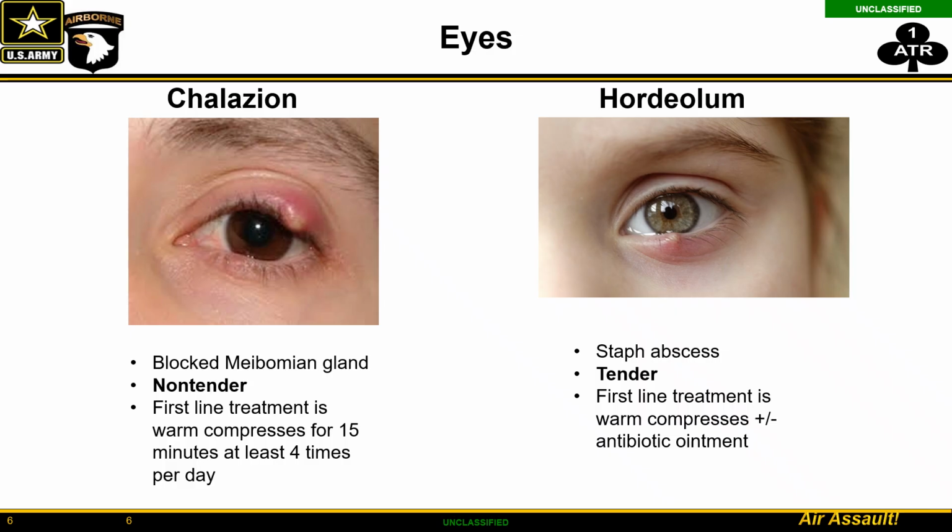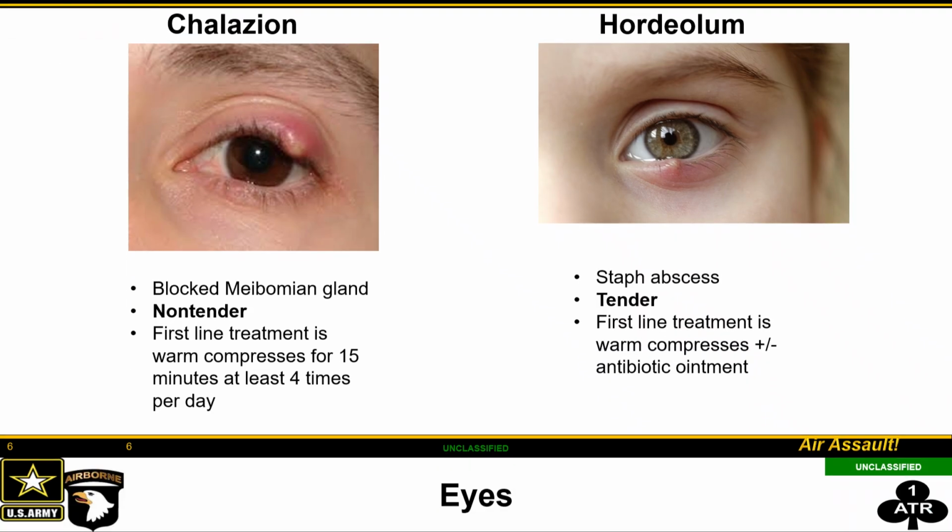And then hordeolums, these are actually little abscesses. And so these are usually a little bit painful. And first line treatment for this is also warm compresses, may or may not require an antibiotic ointment. Usually we try warm compresses for a little while, and then if that doesn't help, that's when we try the